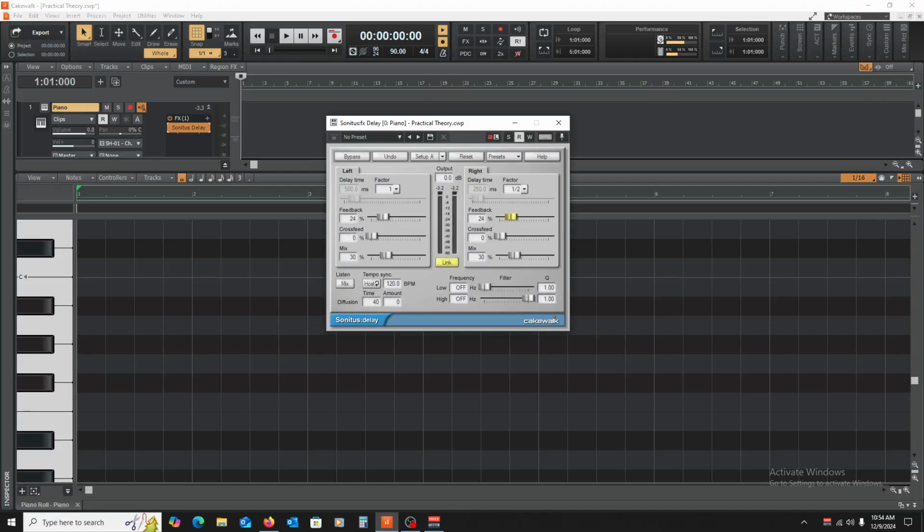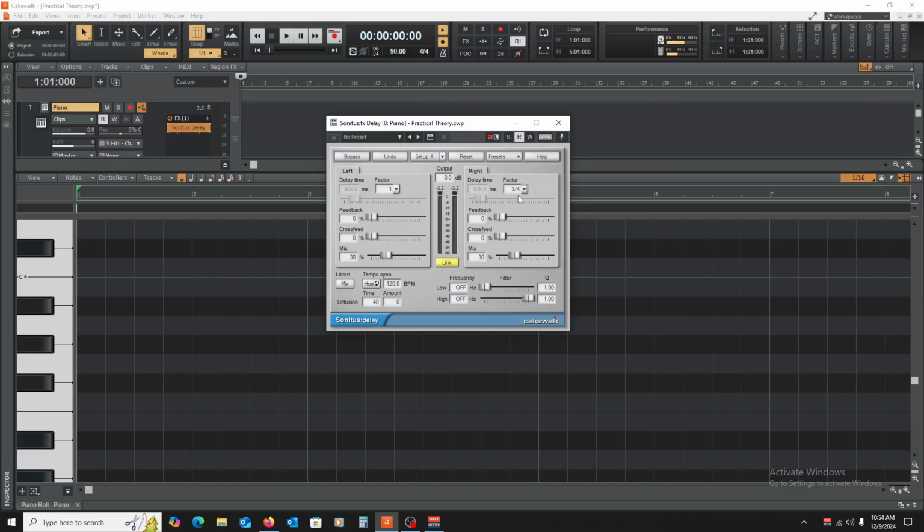And if we were to increase this feedback a little bit and do it again, you kind of hear it go back and forth from the left to the right a little bit, right? And so that's what this factor is. It just allows you to control the timing of the echo. And this only really matters if you have it synced. If you don't have it synced, if you have it on manual, this factor won't really matter because all it's doing is using math, figuring out how many milliseconds the delay time should be based on the tempo. And so as you can see, for a 3/4 delay at 90 beats per minute, it's a 375 millisecond delay,